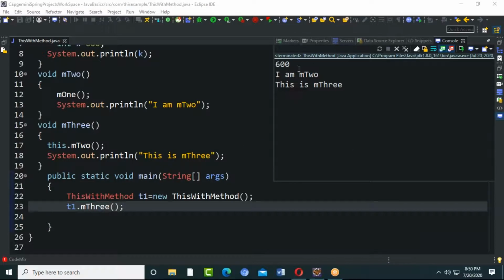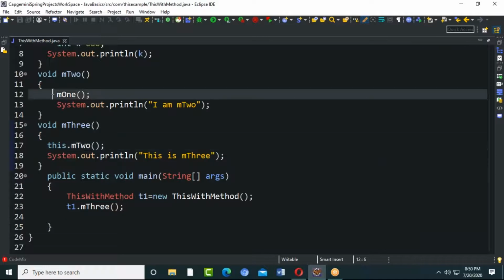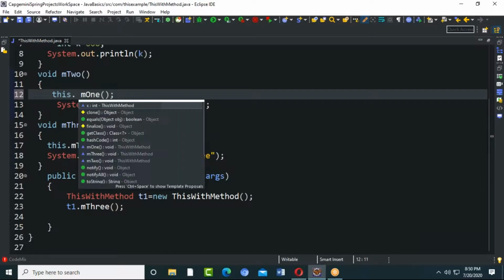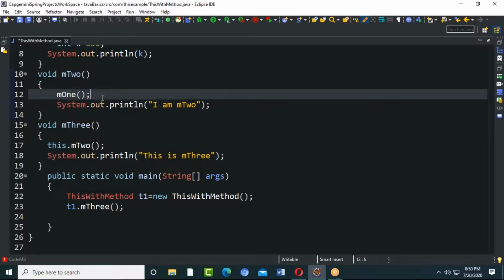Yeah, got it. You can see 600. I am one, but I have given two only for this one. Remaining I did not get. Still, this is available for them. I don't need to write it. Still, it is available by default. Okay.